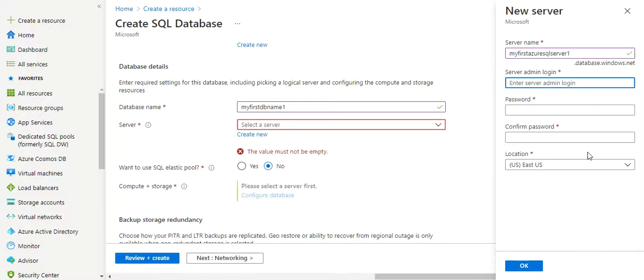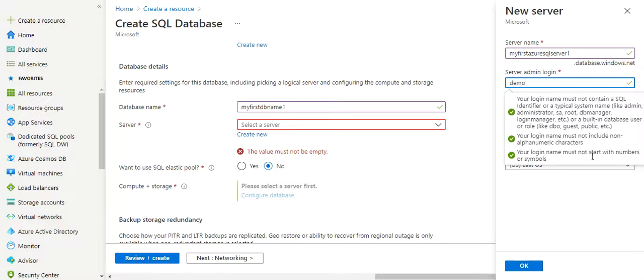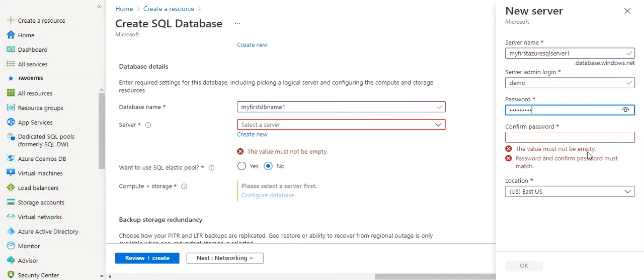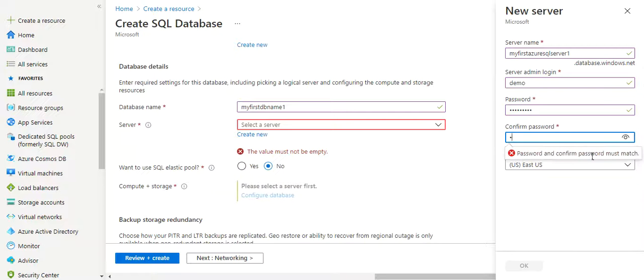This is just like a login name, like SA in our local SQL server. And here I will give demo as the login name, and a password, then location.